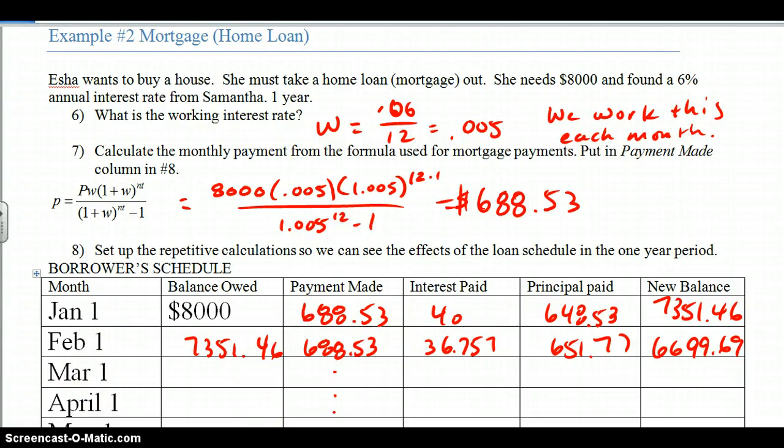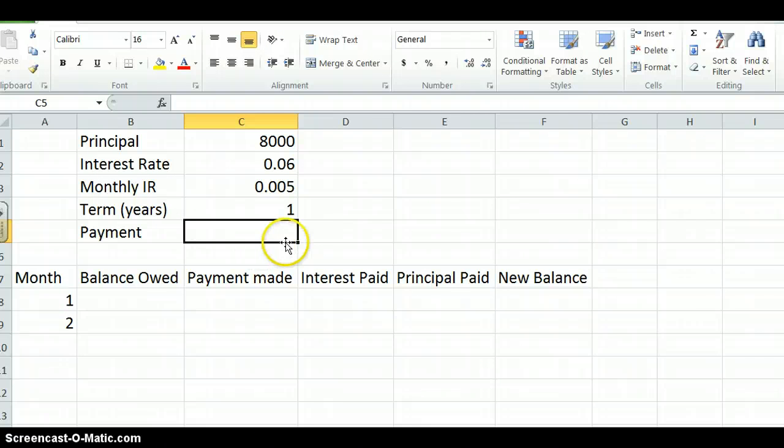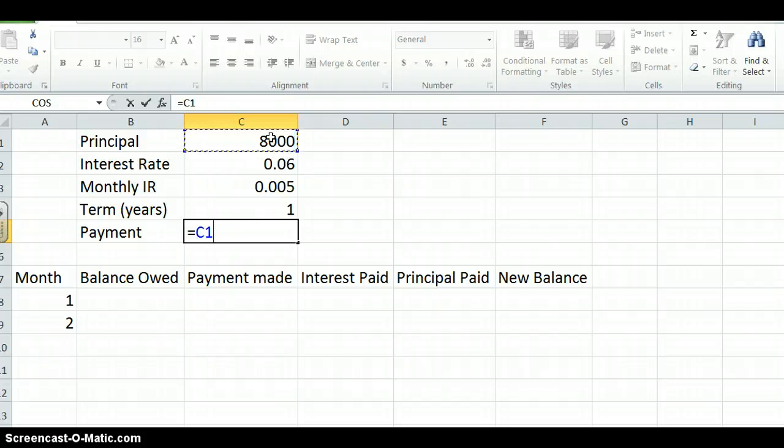So I'm going to put that in now. So we got PW. That's going to be equal to my principal, and you got to put a times in, times my interest rate. It will be your working interest rate, and then I need to put another times, and then it's going to be 1 plus